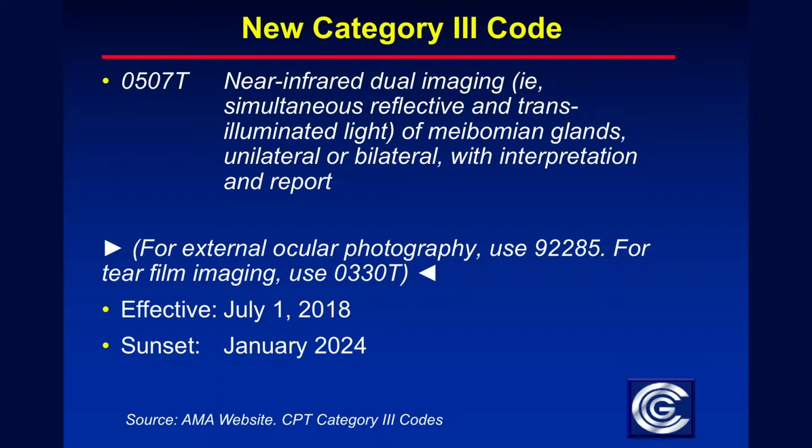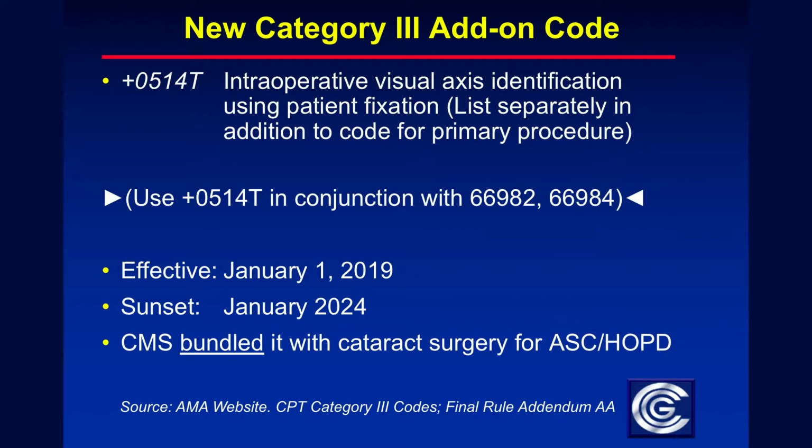CPT makes a distinction between external ocular photography, 92285, tear film imaging, 0330T, and meibomography, 0507T. A new Category 3 add-on code is 0514T, intraoperative visual axis identification using patient fixation. An add-on code describes a service that is always performed in conjunction with another primary service. In this case, the primary service is cataract surgery,